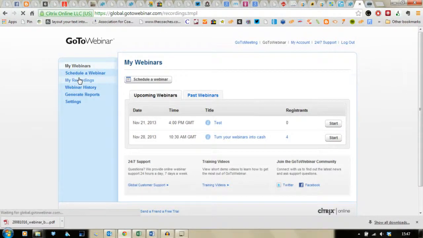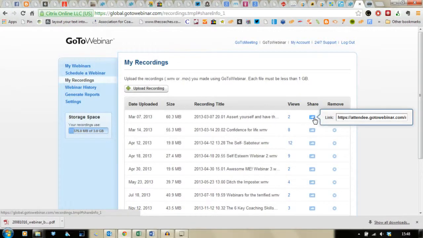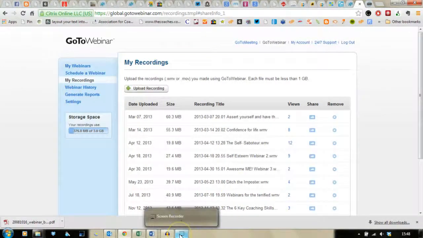When you're ready and you want to use this as a replay, you choose My Recordings. Here's how much storage space you have, and upload your recording. It says each file must be less than 1 gig. They will all be less than 1 gig, so you've nothing to worry about there. And then when you're done, it gives you a link that you can share out however you want to for your replay. And that's it. I hope that's